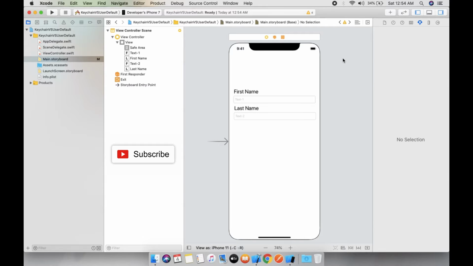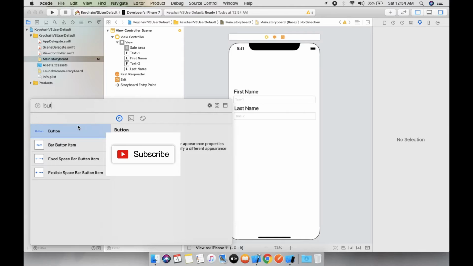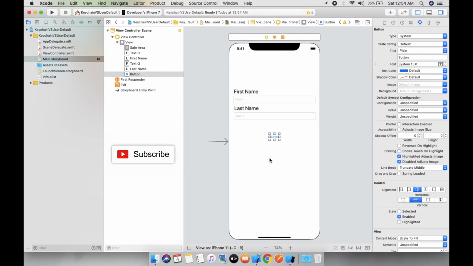So we can store the first name data in keychain, and the second name, that means last name, data in NSUserDefaults. And we can see how this keychain and NSUserDefaults work. So let's take a button for this. For the button action, we can save data in keychain or NSUserDefaults.